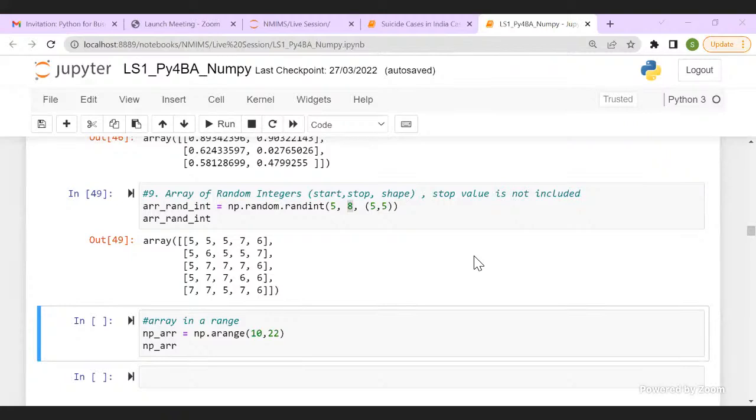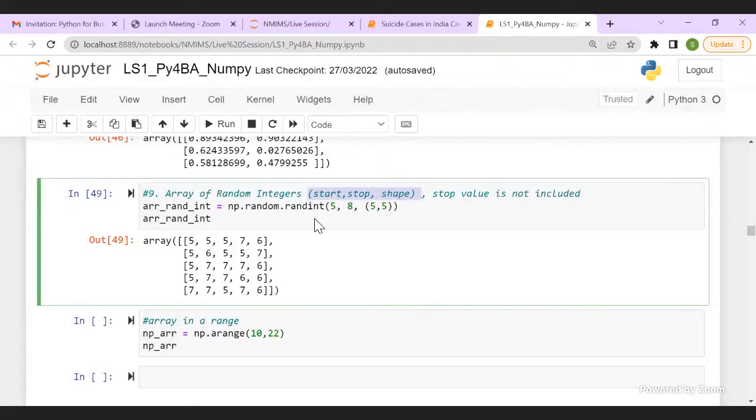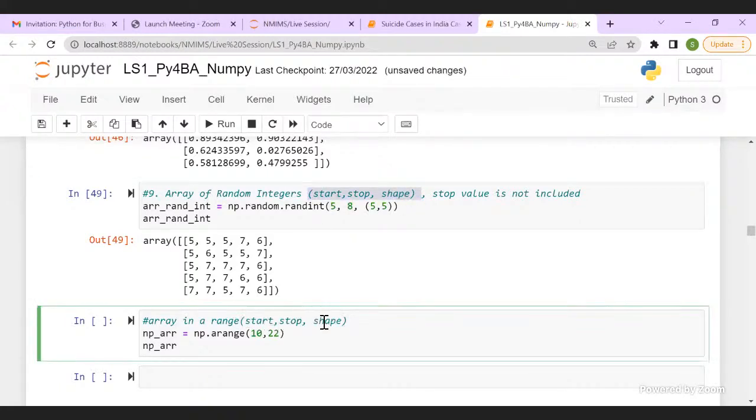Second thing you need to remember, it will be continuous numbers. So if I say range 1 comma 10, it will be 1, 2, 3, 4, 5, 6, 7, 8, 9. Right to left or left to right? I don't understand, Gautam, what you're saying. In range, there are 3 arguments: start, stop, and step.